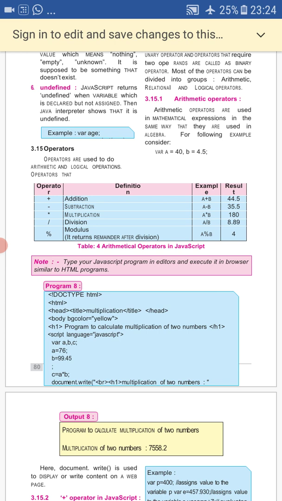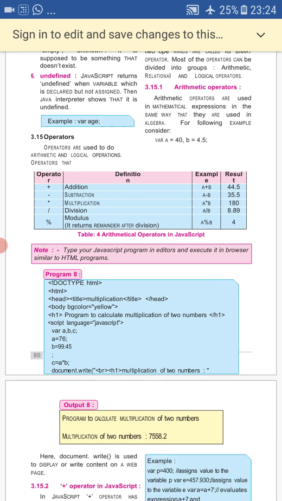As the word arithmetic means, when we have to perform mathematical calculations, like addition, subtraction, multiplication, division, modulus, in that case we can make use of arithmetic operators. Arithmetic operators are used in mathematical expressions in the same way that they are used in algebra.